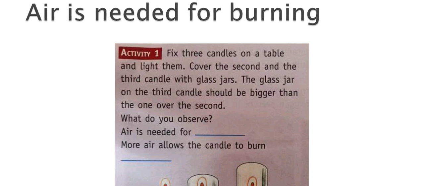Combustion. And air is necessary for the burning of any substance. Moreover, air is also known as the supporter of combustion, meaning for the burning process, air is the supporter. So air is necessary for burning, or oxygen which is present in the air is necessary for burning. It means one and the same. So here, through the activity, we are saying